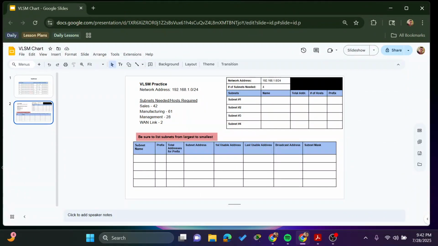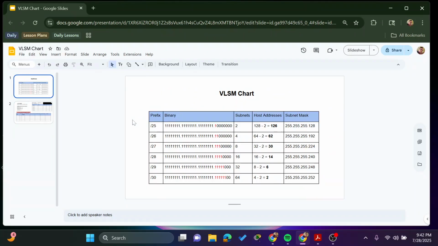Okay, so I'm going to show you a very quick example. I'm going to go through this whole thing, but I'm going to do it pretty quickly, of how a student might use this chart. So when they first get into the AP test, they should be able to write this entire chart down, and then they could subnet a Class C network, no problem, with using a variable length subnet